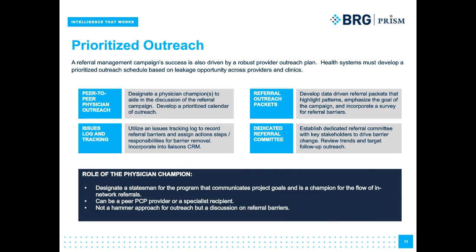So now that we understand the data elements, what strategies are best practice for provider outreach? David, I'm sure, will back me up when he gives a summary here in a bit, but I would say the single most important thing that we focus on is peer-to-peer physician outreach. When you're going out and having conversations with providers about referral patterns, whether it's the consultant going out, which David and I do every day,